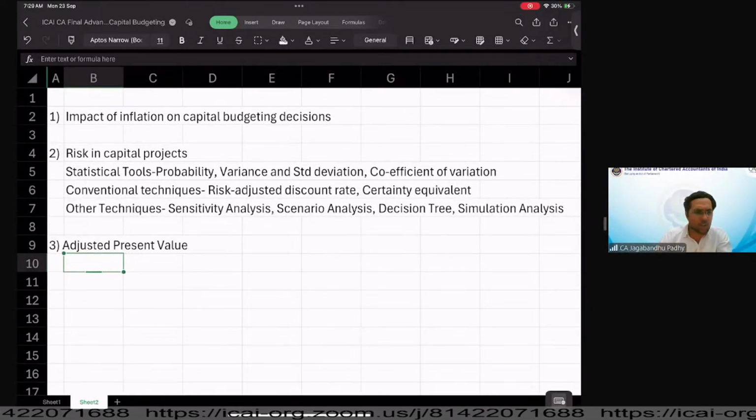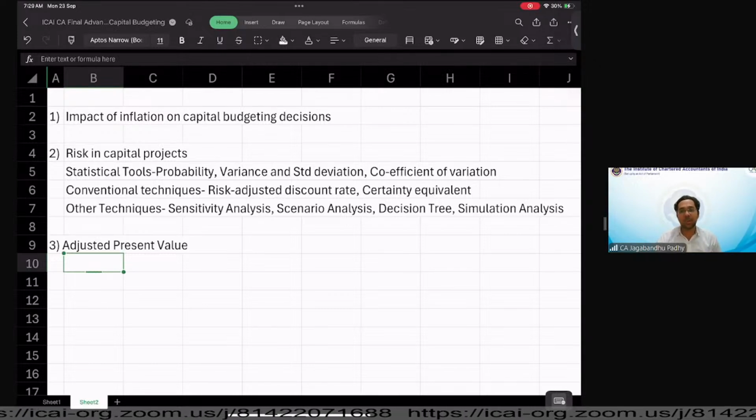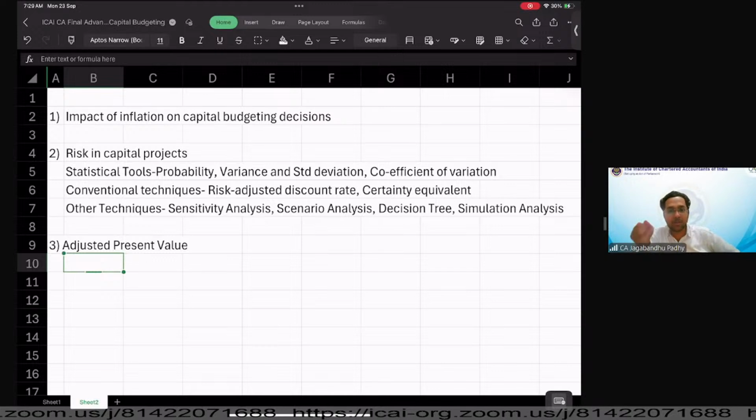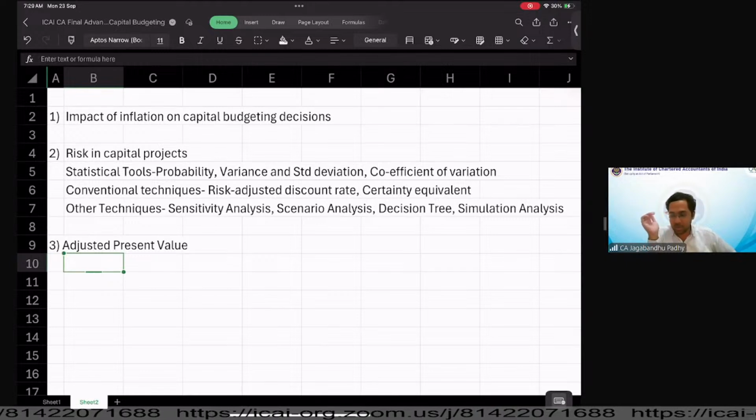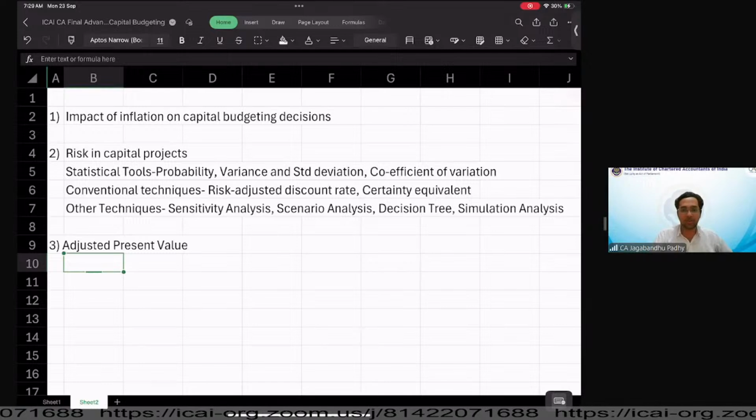Moreover, the overall macroeconomic scenario impact, the fiscal policy impact, the monetary policy impact, government relations with foreign countries, the diplomacy. All those uncontrollable factors also need to be accounted for when we are looking at capital budgeting. We may not be able to exactly measure those aspects in our decision making, but the idea is definitely we should not be ignoring those aspects, right? Because if you are staying in ignorance, then definitely it's going to be a problematic area for us, right?